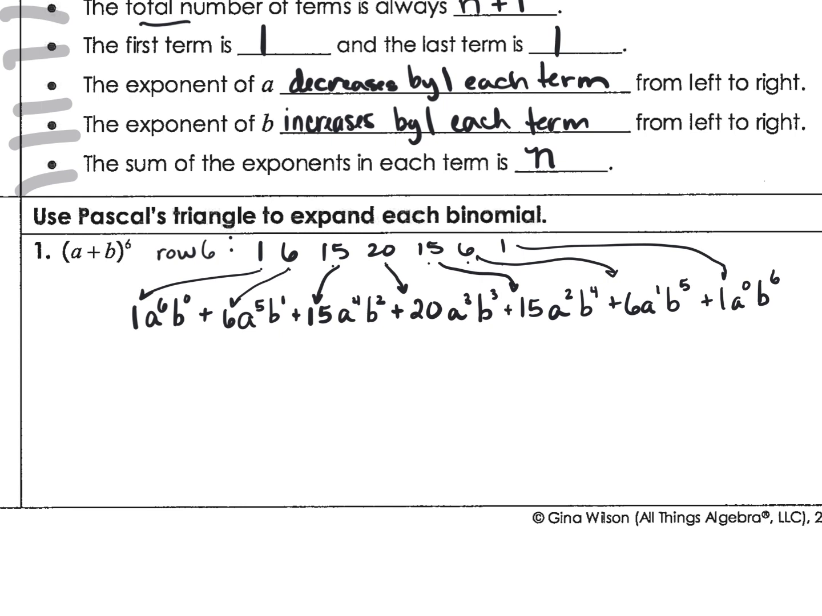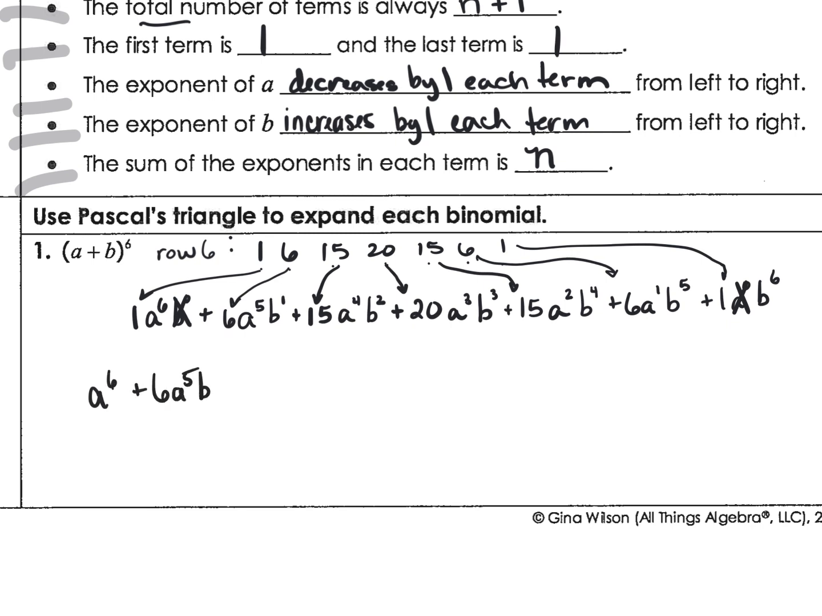I'll show you how. Now, what about b to the 0 and a to the 0? What is anything to the 0 power? 1. So this guy pretty much disappears and this guy pretty much disappears, doesn't it? So we end up with our final answer, which is a to the 6,